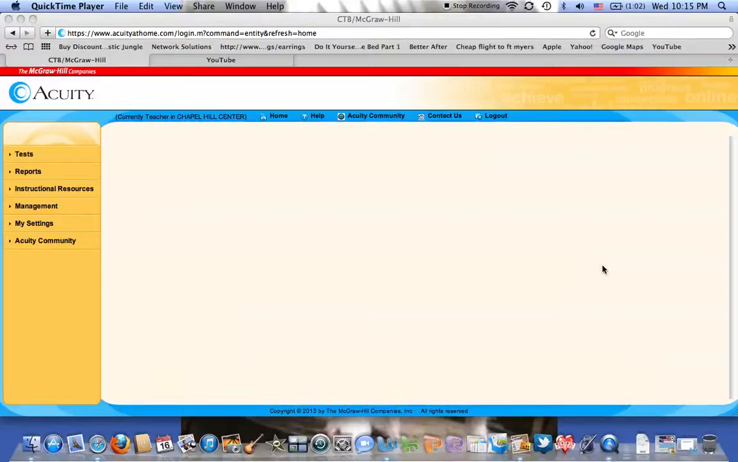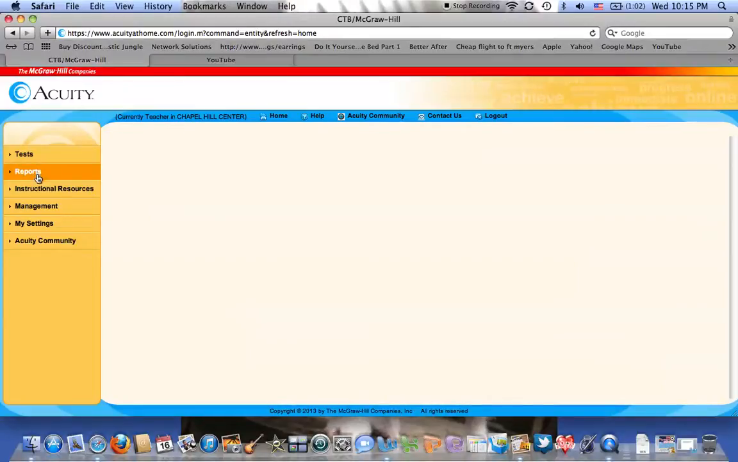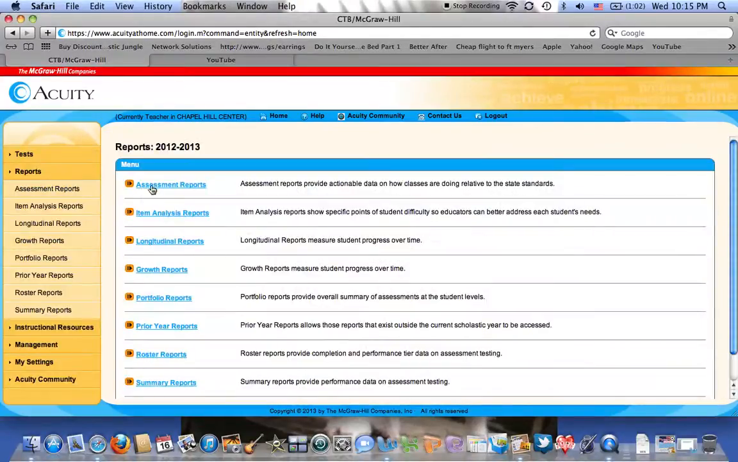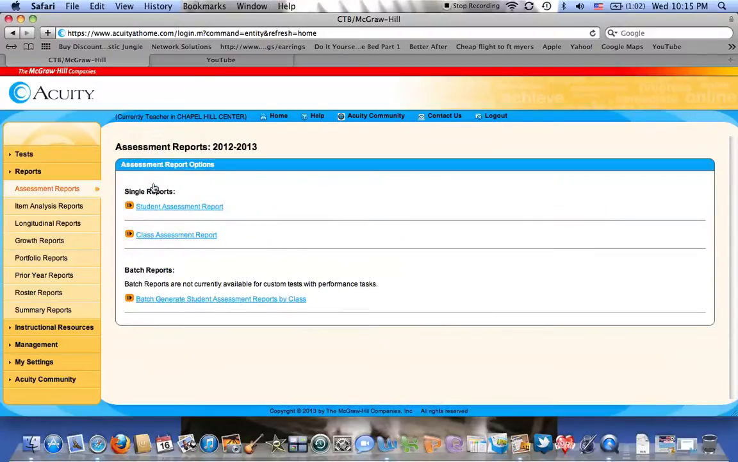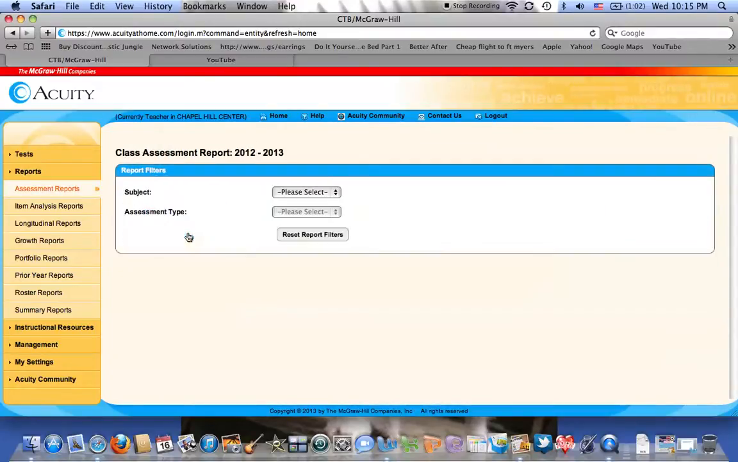Okay, so here's the first way that you can assign resources to your students. This is going to be based on your predictive tests. So if you go into Reports from the home screen and click on Assessment Reports, Class Assessment Report, and then